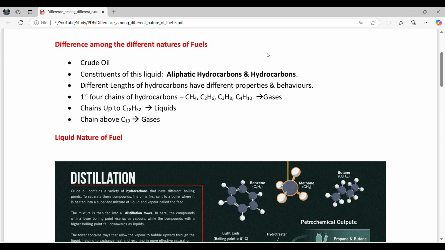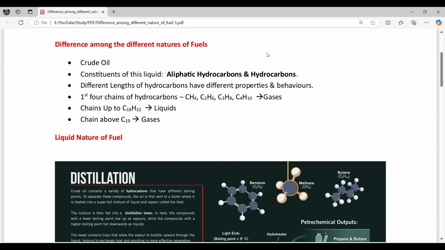Hi all. Yesterday we discussed coal gasification and coal liquefaction. Today we are going to discuss the difference among the different natures of fuels and liquid natures of fuels. Coming to the difference among the different natures of fuel, crude oil is the oil which is pumped out of